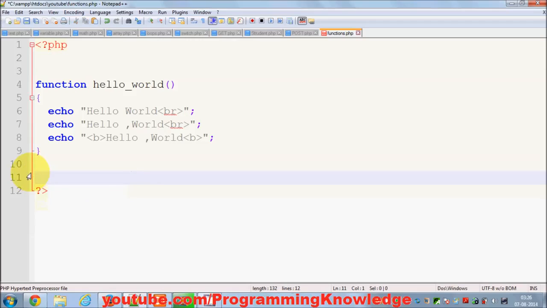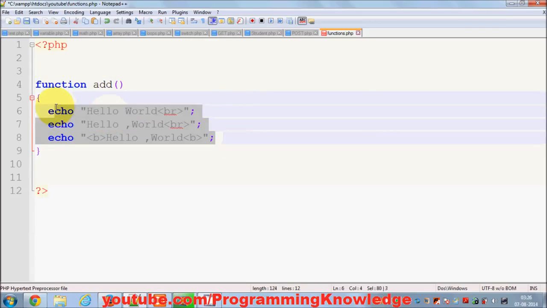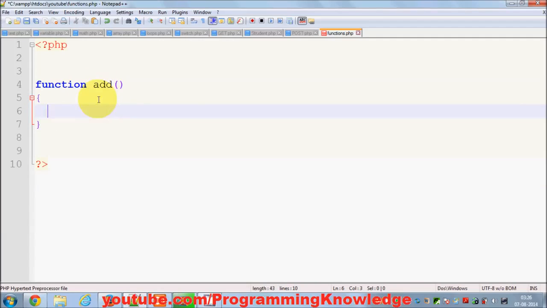For example, I want to do something useful with the function. I want to add two values in the function. So I can make a function called add, and what it does is it adds two values. But I want to make this function so that it can take any two values and add them. So here in these brackets I can pass arguments or parameters